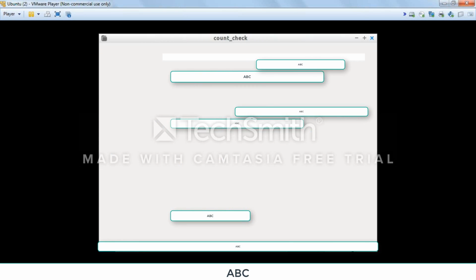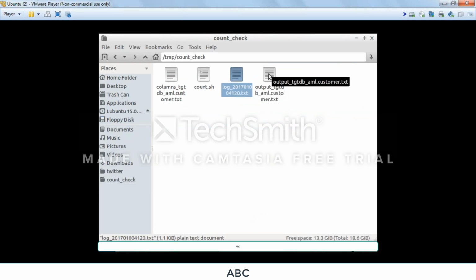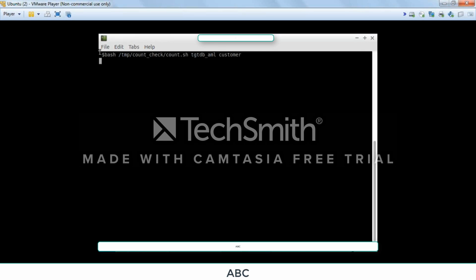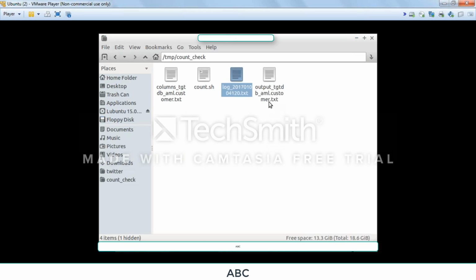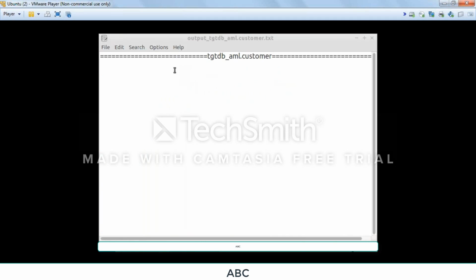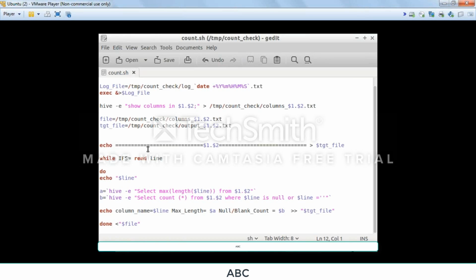In the output file, it will give 15 column details: how many columns are blank or how many columns are null. Once it is completed, it will give you this prompt. Let's see what is happening in the output. As of now no queries have executed, so I did not get any value. This is showing the echo print command, and this is the table name I have given in the target field, so that's why it is populated here.